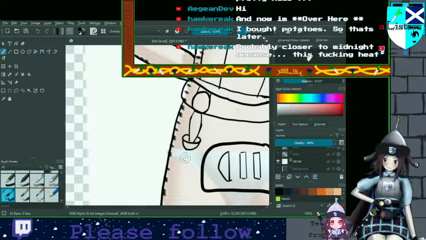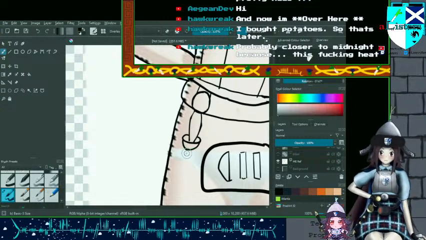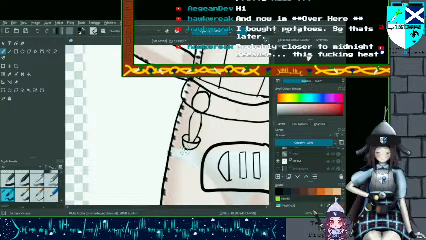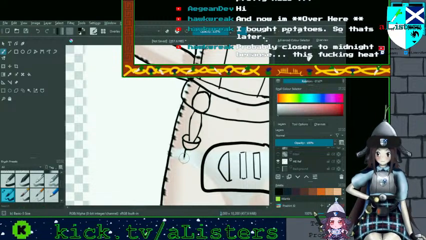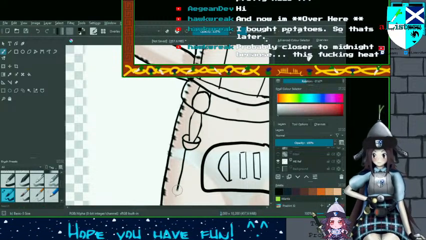But when I did find out, I went into another room and I found this sword in the ground.